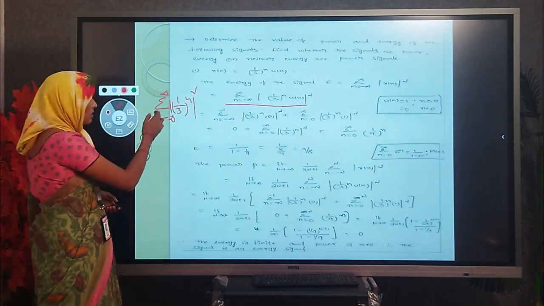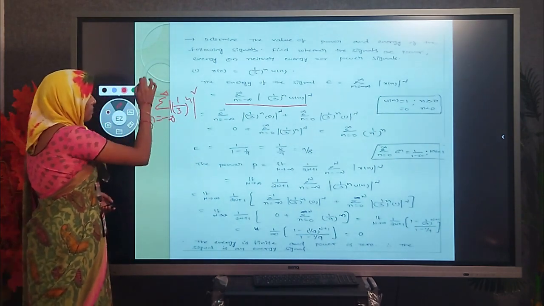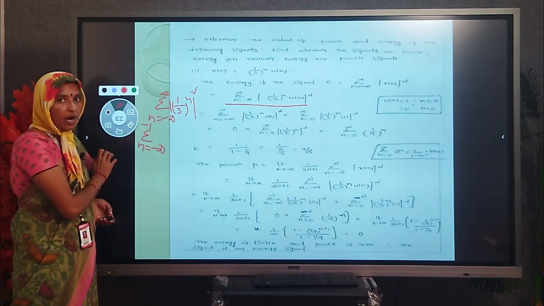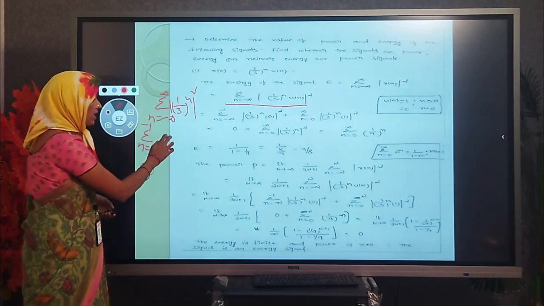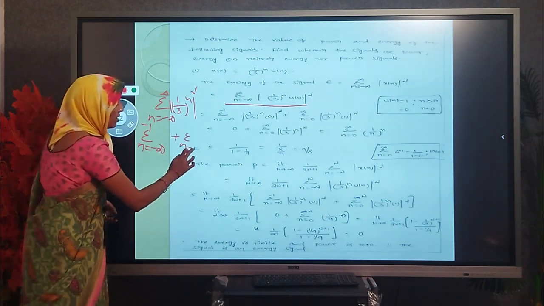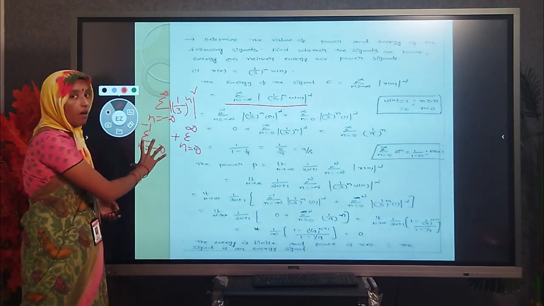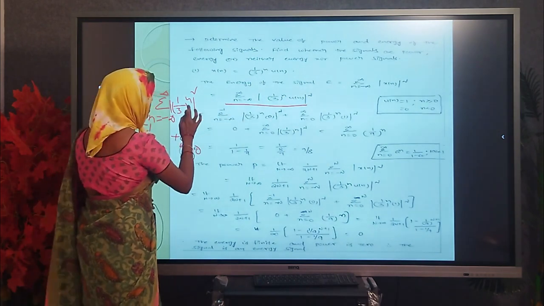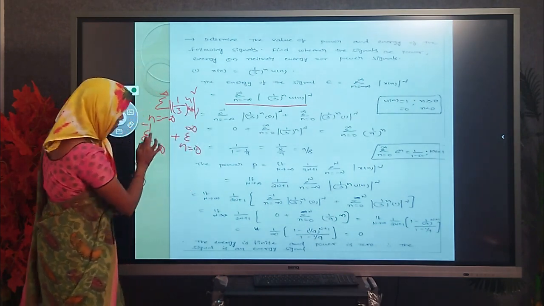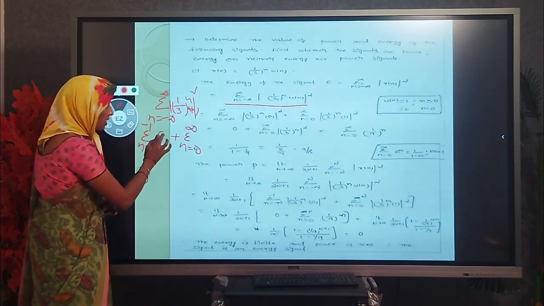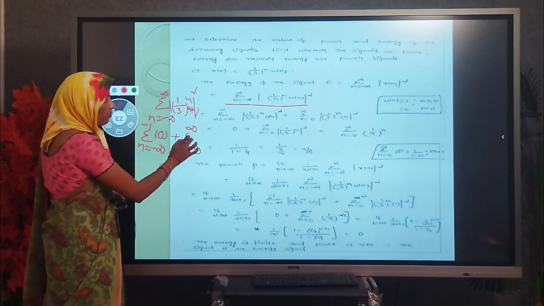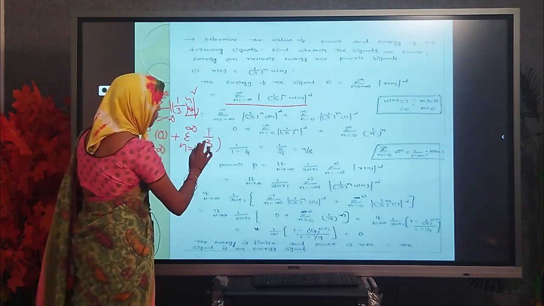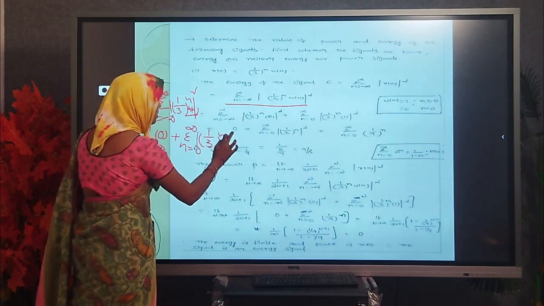And how to simplify this one? Summation of n equal to minus infinity to infinity can be split into two parts: one is minus infinity to minus 1 and the other is 0 to infinity, meaning all negative values and all positive values. Here u of n is also given. So for negative values of n, u of n becomes 0, that's why I am simply writing 0. For positive values of n, u of n is 1, that's why I am writing 1 by 3 power n whole square only.